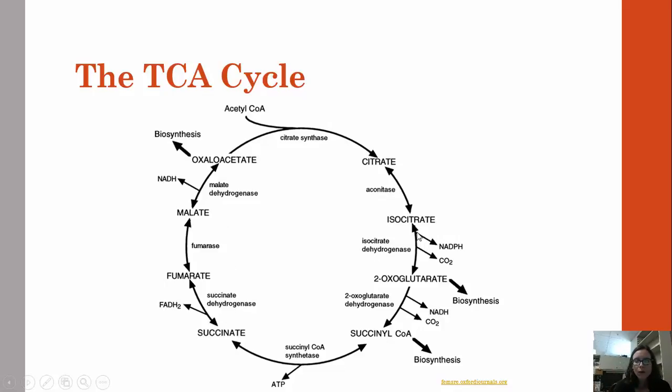We'll come back to this figure, but at each of these dehydrogenase enzymes, we can see that we have a reduction of an electron acceptor, so the NAD, the NADP, or the FAD. So I'm going to call this part 1 of this lecture, and we will come back for